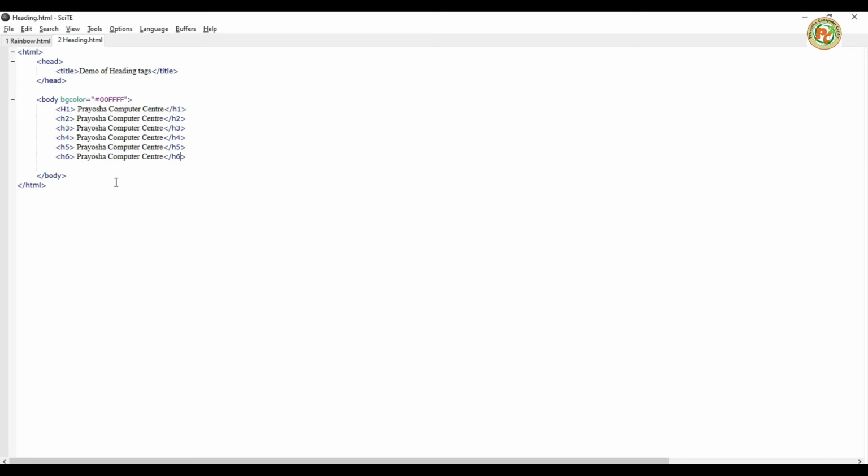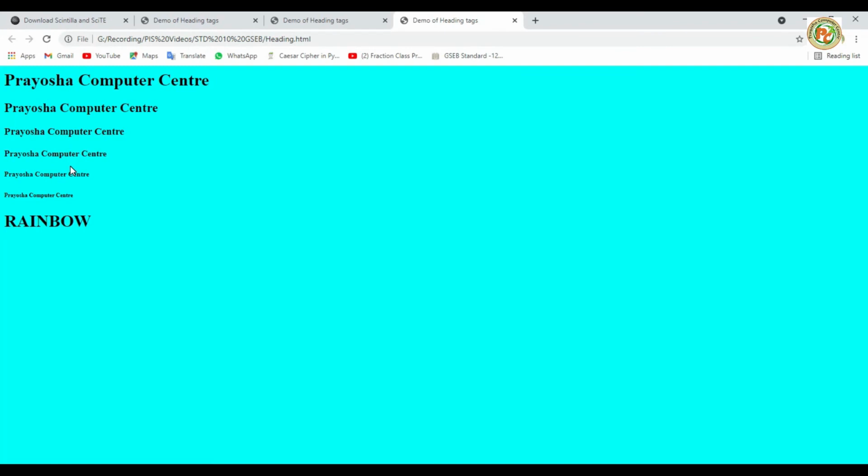Okay, now after this we are going to learn the paragraph tag. You will find this paragraph tag on page number 2 in your textbooks. In that the rainbow is there. So we will type here only. Inside that we will type H1, and here we will type in capital letters Rainbow and then /h1. Okay, now press Ctrl S and F5 so you can see here Rainbow is there.